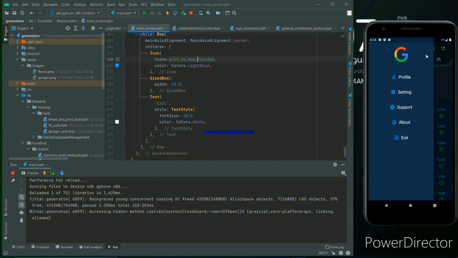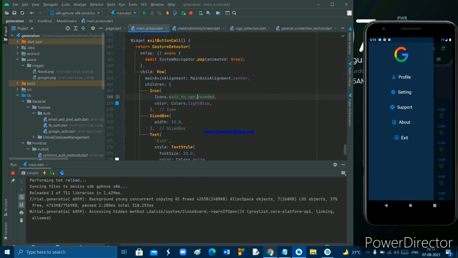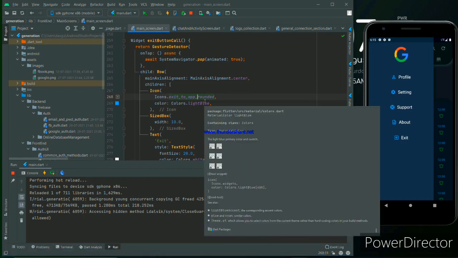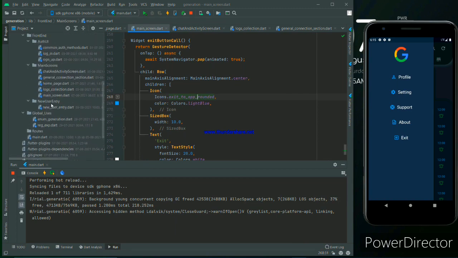So now we are going to make the sub-screen of every menu option except exit. For the profile section, I take the code from my previous build generation app for time's sake.